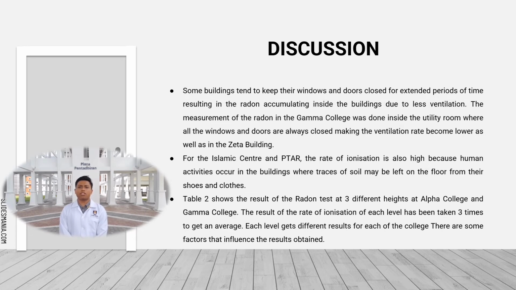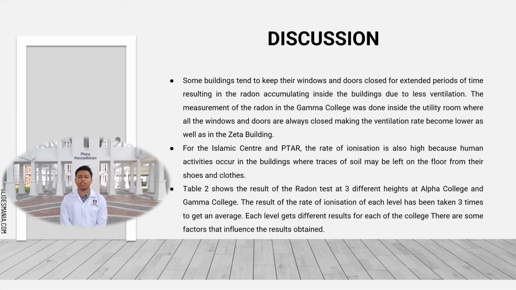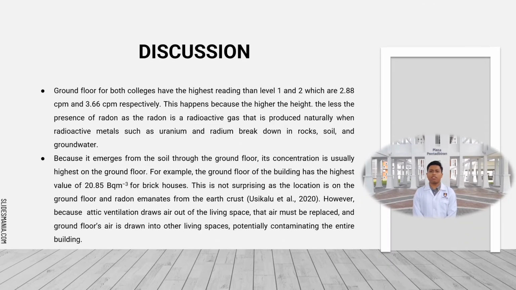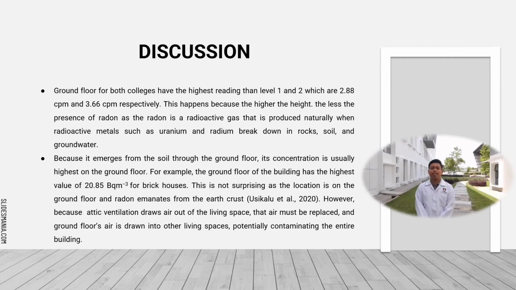Table 2 shows the result of the radon test at 3 different heights at Alpha College and Gamma College. The result of the rate of ionization of each level has been taken 3 times to get an average. Each level gets different results for each of the colleges. There are some factors that influence the result obtained. The ground floor for both colleges has the highest reading compared to level 1 and 2, which are 2.88 CPM and 3.66 CPM respectively. This happens because the higher the height, the less the presence of radon, as radon is a